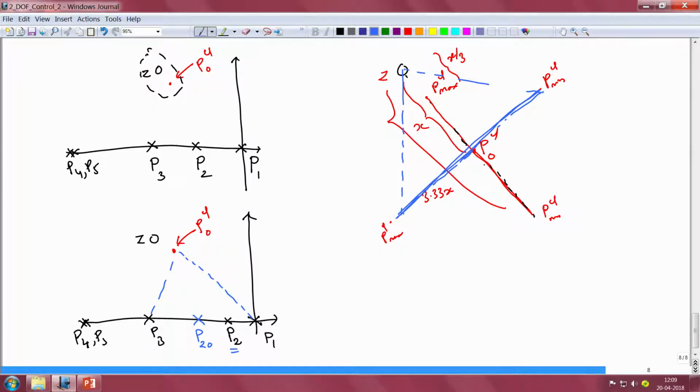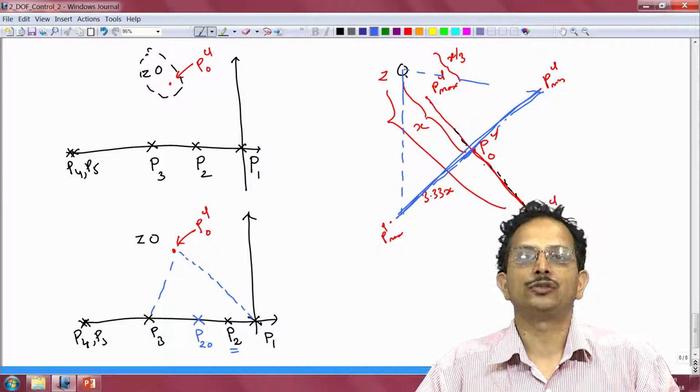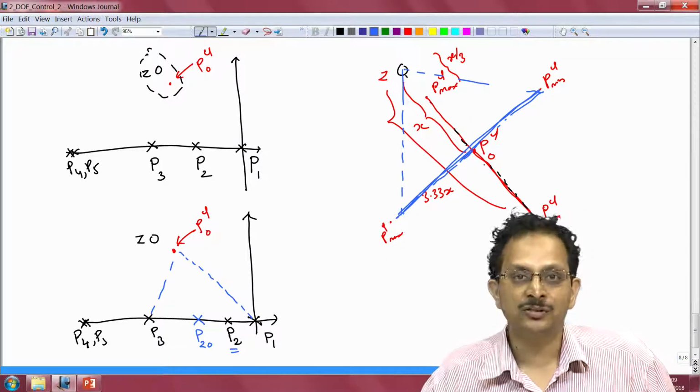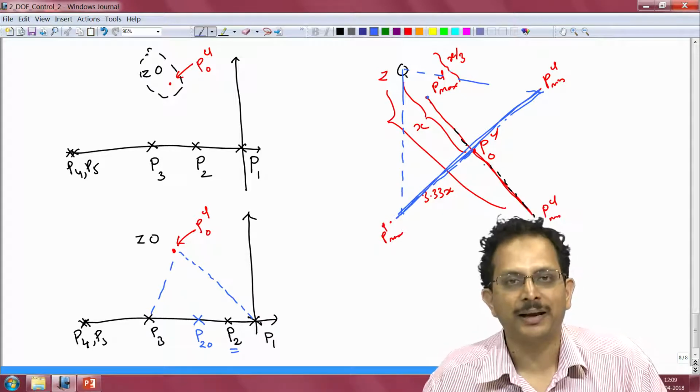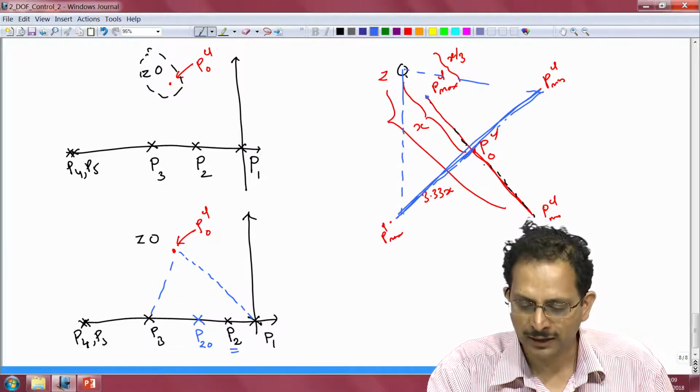So this is the line along which the closed loop pole is going to change its position when we have uncertainty only in the pole location of the plant. Now let us take another case where our plant's gain is not at its nominal value but is at its maximum value. Now when the plant's gain is at its maximum value and its pole location is at its nominal position, we know from the analysis 2 lectures back that our closed loop pole is going to be located at this point PCL max, at the point that is closest to the 0, which I have highlighted with the blue circle.